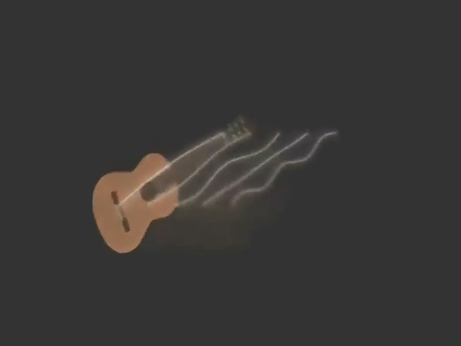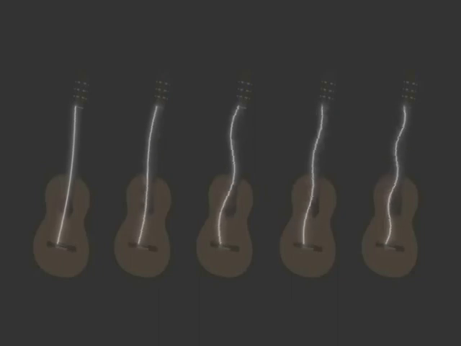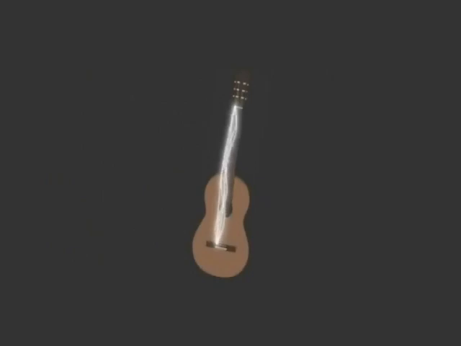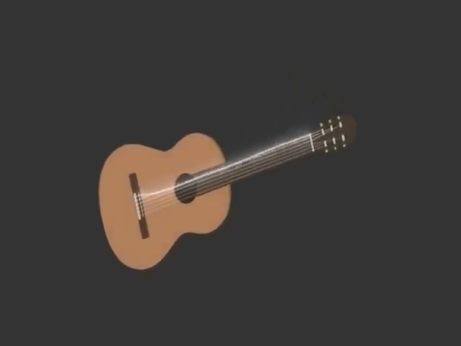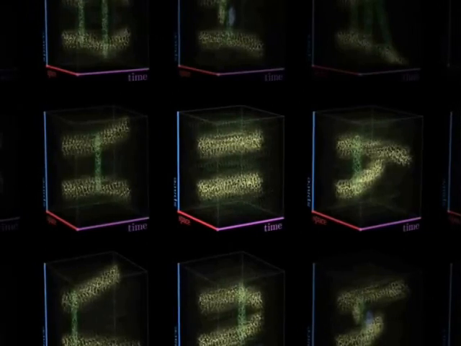Now consider the following analogy. On a guitar, a string can vibrate with different frequencies, each of which corresponds to a pure sound. But when we pluck the string, it starts to vibrate in a superposition of all these frequencies with more or less amplitude. And the synthesis of all these pure sounds together with different amplitudes is what makes the total sound produced by the string. Similarly, a quantum field evolves according to every possible scenario with more or less amplitude, and it is the synthesis of all these scenarios together that describes the real evolution of the physical system.